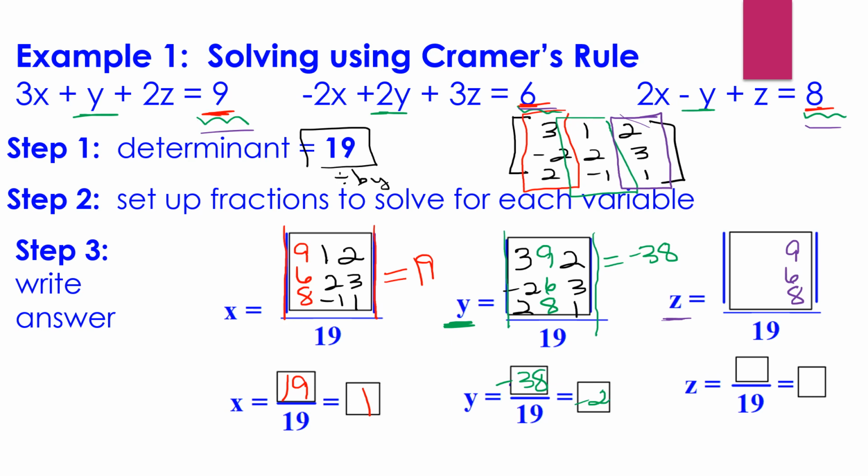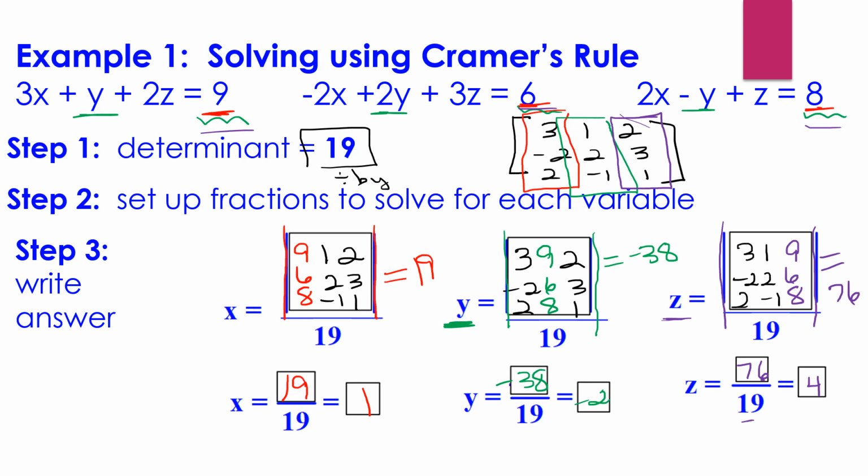Okay, and now we're going to, again, fill out the remaining elements from the original matrix. So the first row is 3, 1, 9. The second is -2, 2, 6. And the third row is 2, -1, 8. Again, find the determinant of your z matrix, which works out to be 76. And when we take the z matrix determinant divided by the original matrix determinant, which is 19, we get a